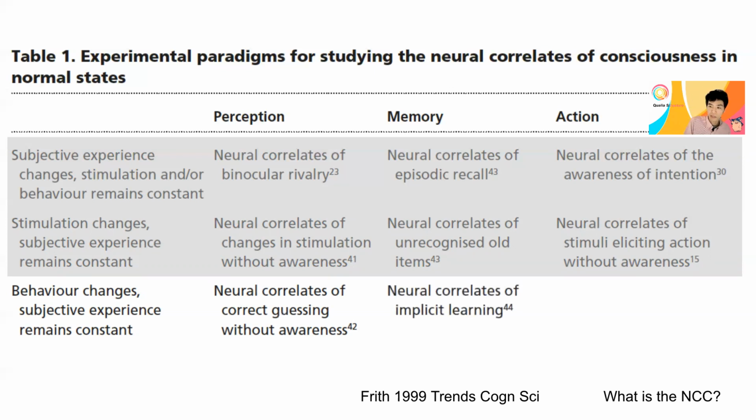And then implicit learning here is, through the training, you become better at something, like pressing the button in a certain order, or playing the piano and so on. But your conscious experience may not change at all. So before and after this learning, what is changing can isolate what is not related to consciousness. And then neural correlates of implicit motor behavior, that's more or less the same as the last one, so I'll skip.